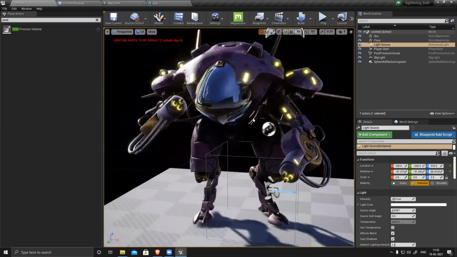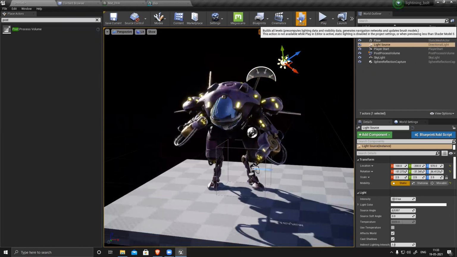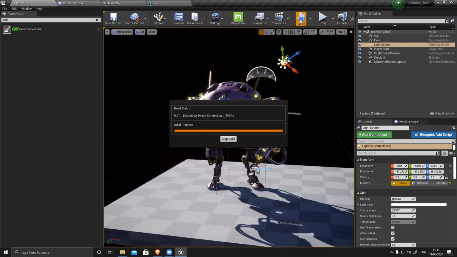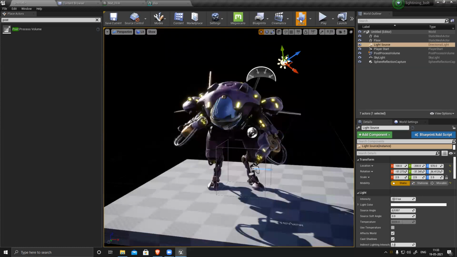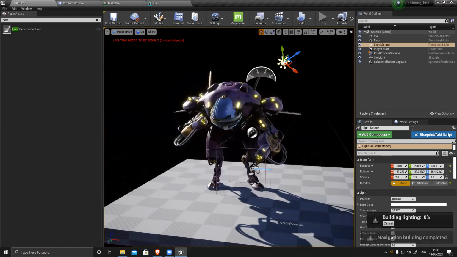To see everything properly and have everything work nicely, I have to make sure my lighting is set up. I'm changing everything to static, skylight, my source light, everything, and then build your scene. If you don't build your scene, the lighting is not finalized. It will take little time.